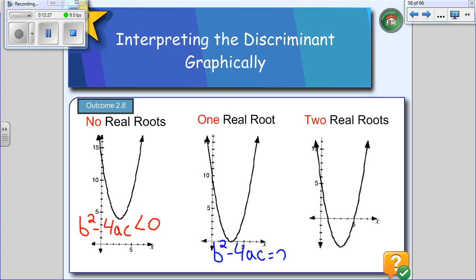And for two real roots, what's the discriminant on that thing? It's greater than 0. It's a positive number. I don't know what those numbers are. I just know that they're positive, negative, or 0. I'm going to keep driving that home because in a week when you guys have your unit test, there's a